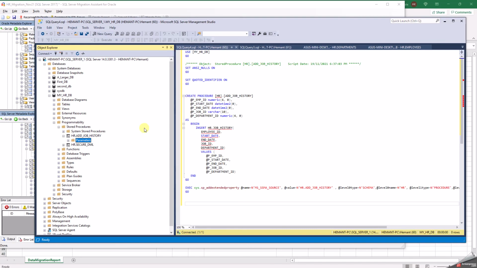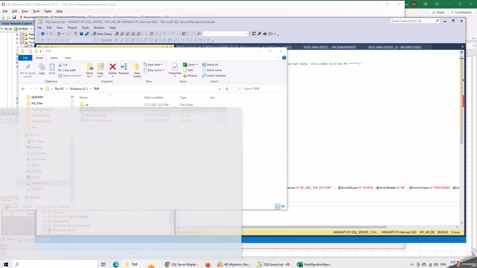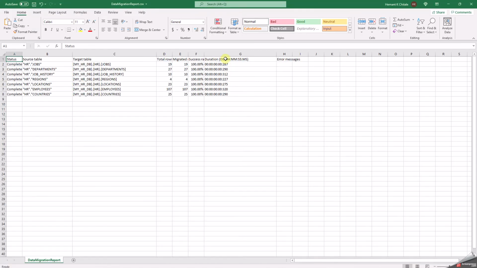So you can migrate your database objects from Oracle to SQL Server. You have to be careful about things like data type mapping. You have to be careful about some of the constraints of some of the data types that may not be supported. So you can first test this out with a test schema and then go and do a migration. Obviously, when I'm doing this from my migration assistant and using Management Studio, it's a very small schema and a very small database. It didn't take much time to migrate the data. Here you can see it took hardly a minute to migrate the data,